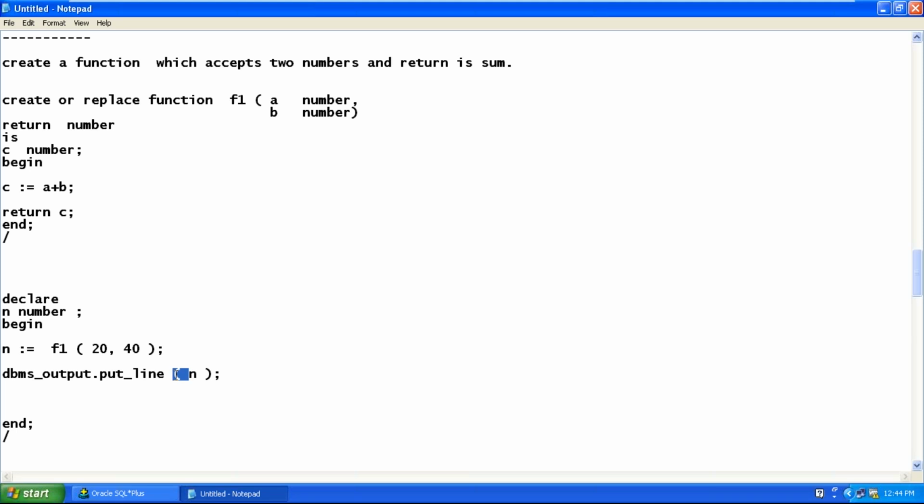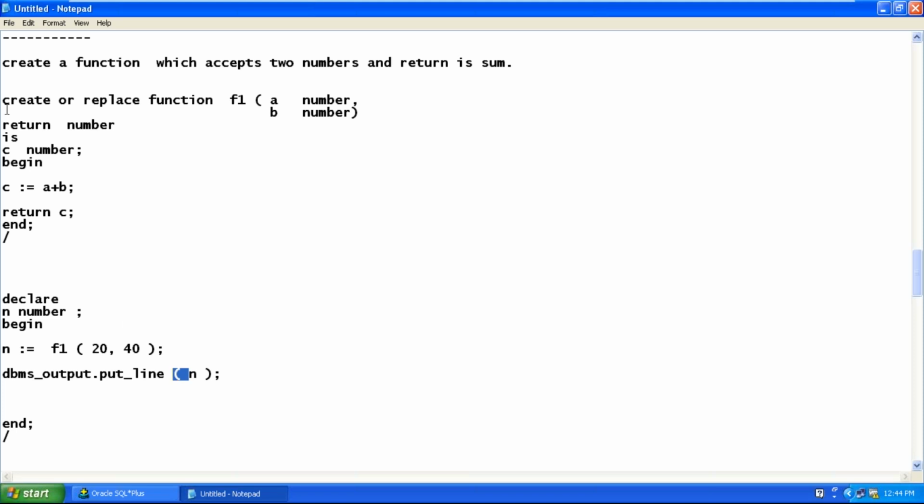Sunil asks: in our function, the sum is being stored in the C variable, correct? The sum is not stored in C, the sum is stored in N. When we are creating the function, it is successfully created because in that function we are nowhere mentioning n as a variable.